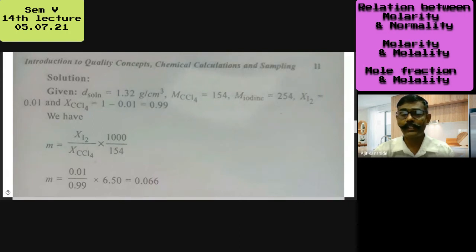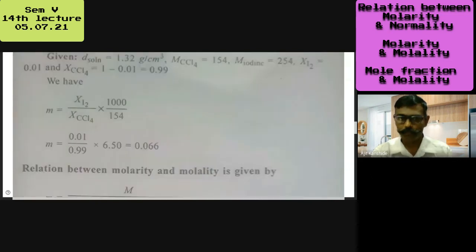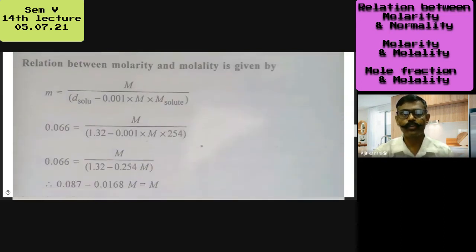Or shall I explain that? They are using the previous formula also. One more formula is there, no? With the help of that formula also they are solving. So the relationship between mole fraction and molality: when you study that formula number 1, then this problem will be clear to you. I am discussing that formula, but it will also be homework for you. You have to work on this.